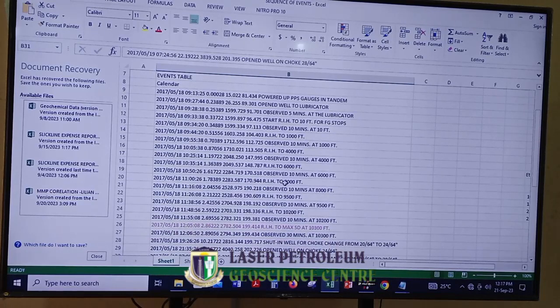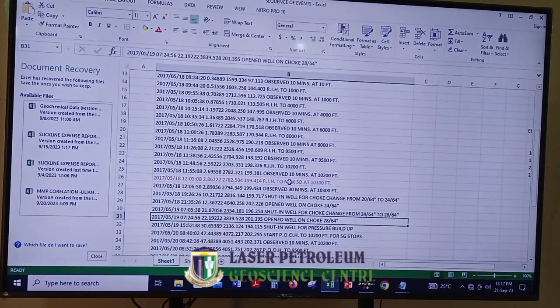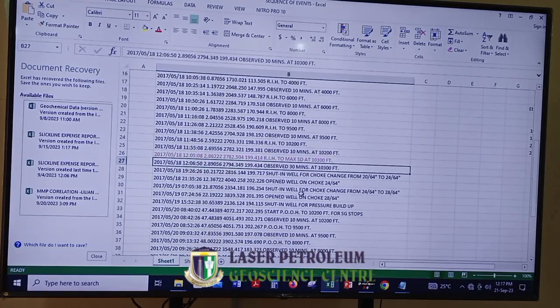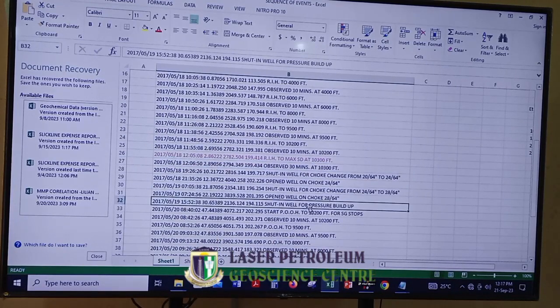So when he ran to that depth, maximum depth, are we here? Please look at his information. He observed 30 minutes there. He did a change of choke. And then at this point, what did he say? He shut in the well for pressure build up. Then he started pulling out of hole. He pulled from the start depth, which was